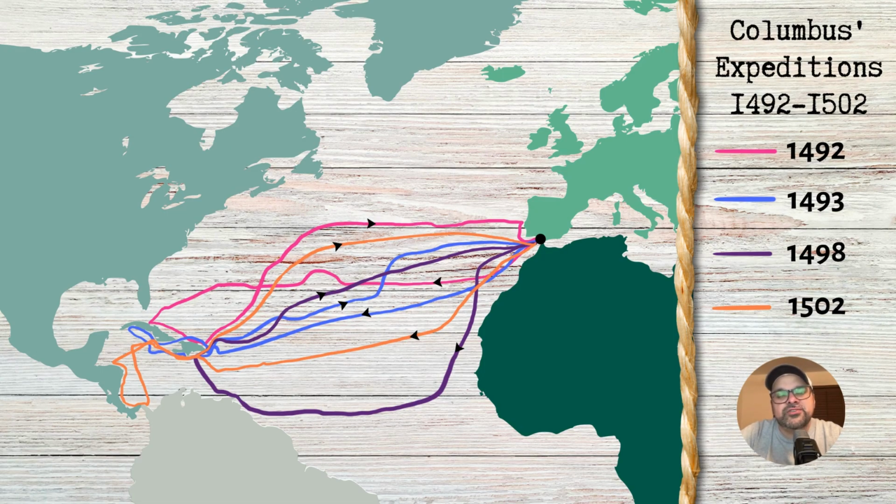These voyages dramatically increase European interest in transoceanic travel and trade. We are going to spend some more time looking at the effects of Christopher Columbus and his voyages to the New World later in the unit in 4.3. So stay tuned for that. But here you've got four trips, one in 1492, one again in 1493, because he comes back with some good stuff in 1492, so they send him back right away. And then again in 1498 and 1502. So again, we'll talk more about Columbus, but he makes four journeys to the quote unquote new world that he discovered. And again, we'll spend some more time on that in the next section.